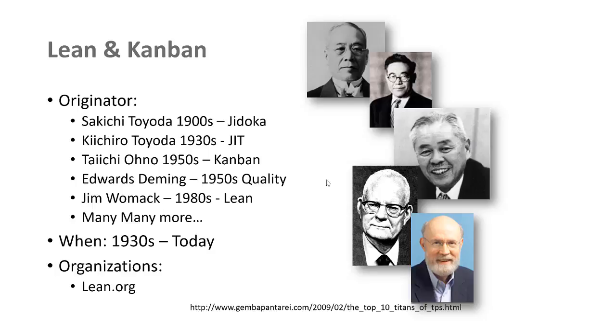The other thing is Taiichi Ohno in the 1950s developed the Kanban system. A lot of people consider Kanban to have been created in the 2000s, actually the early teens, and it didn't. It was created in the 50s. It was adapted and adopted by the Agile community to create the Kanban approach to software development. But Kanban's been around for a long time. All right, that's enough on those things.